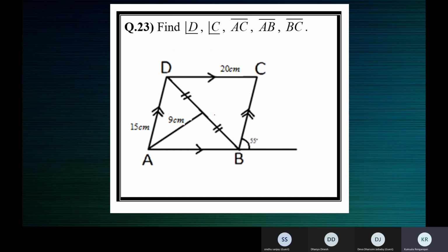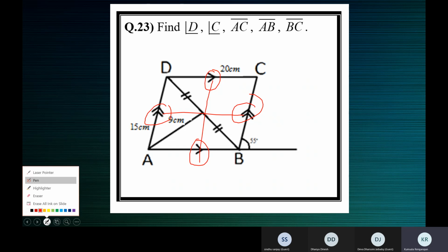Now name the figure. Is ABCD a quadrilateral? Yes, ma'am. Is it a parallelogram? Yes, ma'am, because opposite sides are marked parallel. Both pairs of opposite sides are marked parallel. See here? These two are parallel. So both pairs of opposite sides are parallel, and so ABCD is a parallelogram.